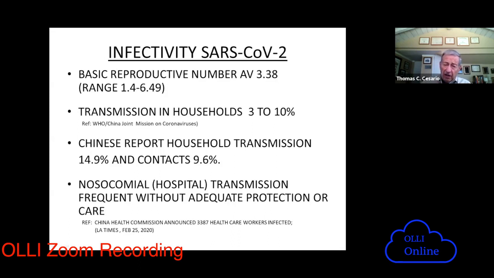If you don't live in the house, but you're a close contact of that person, meaning you work close to them, that chance is cut by about 1/3. So it's roughly about 10%. We know in the hospitals there are many people who have the potential to be infected, but we do know that those people, when they protect themselves in the hospital, can significantly reduce the chance they will get infected. And that's what's happened to us over time. We've learned how to protect our healthcare workers. Next slide.